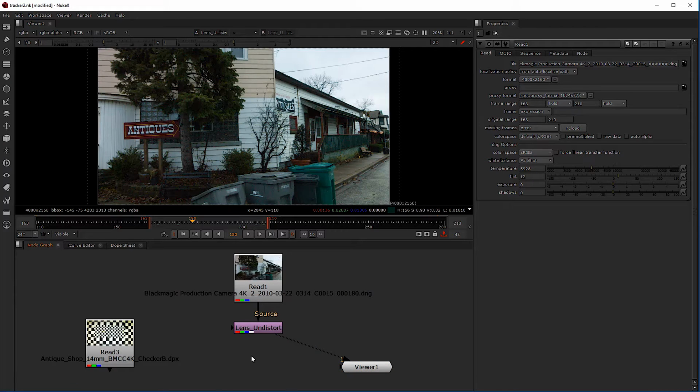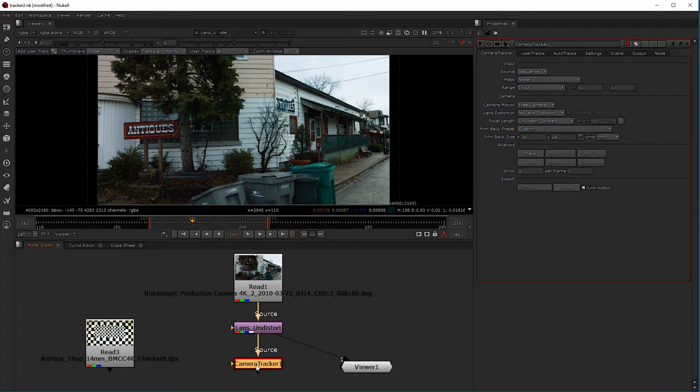Okay, so let's go ahead and type in tab and type in camera tracker. Plug in the source. Now it's important to note that there is this masking option here, which if you created a roto here and plugged it in, you could animate a very loose roto around a person that's walking through the shot, or a bird going by, or a piece of the tree that might be moving. It's best to have whatever you're tracking not moving so that it doesn't throw off the track by having trackers that are kind of not moving. Although Nuke is very, very good at figuring out how to solve issues like that, even if there are some